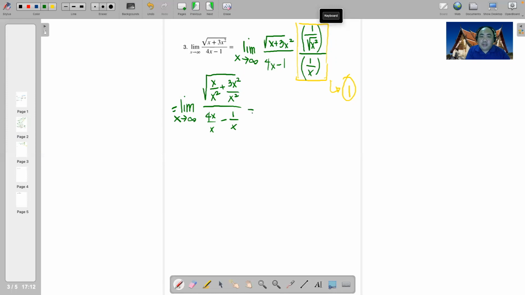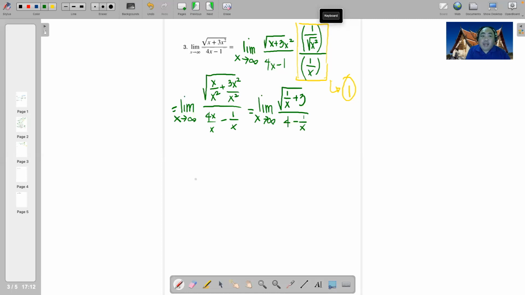All right? And further simplifying, we get the limit of the square root of 1 over x plus 3 divided by 4 minus 1 over x as x approaches